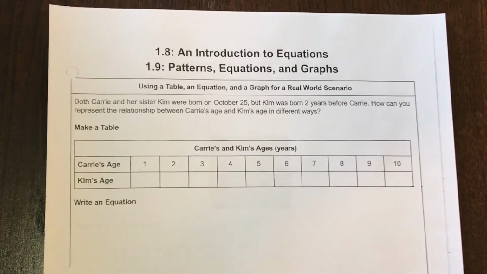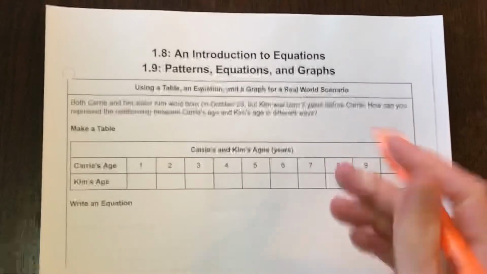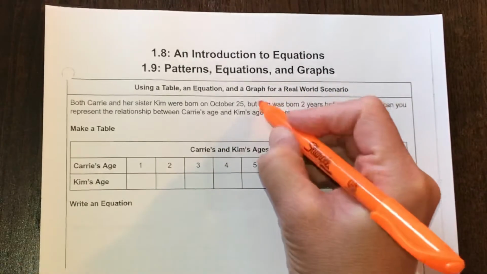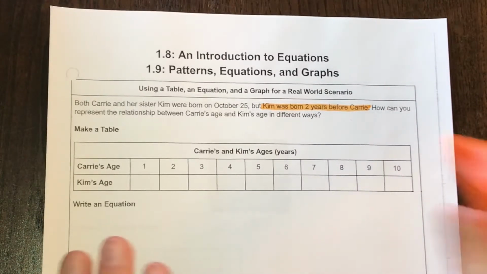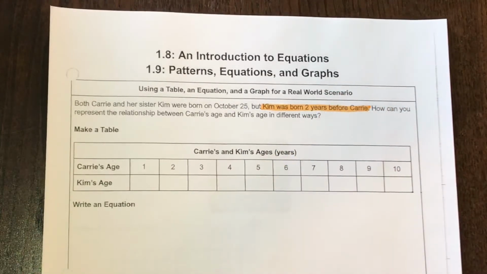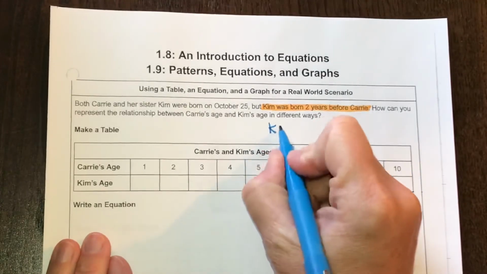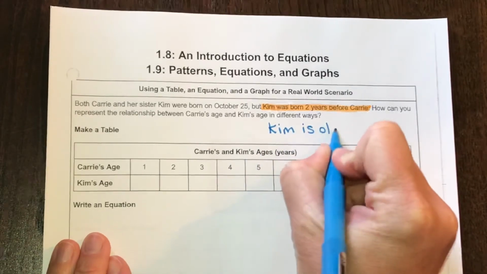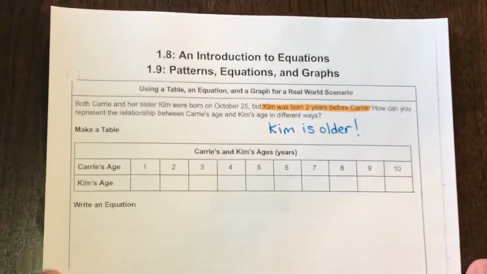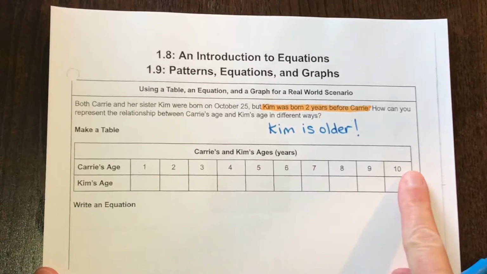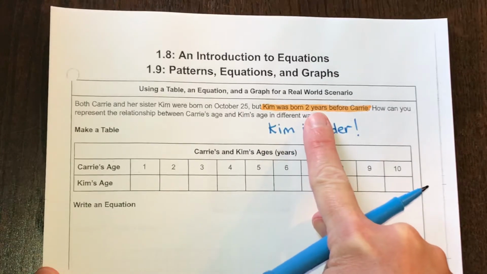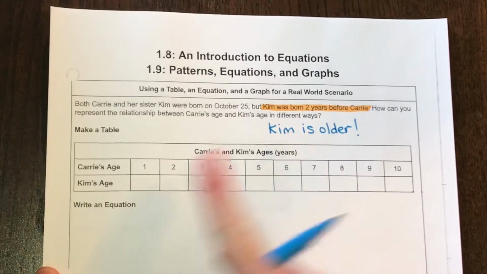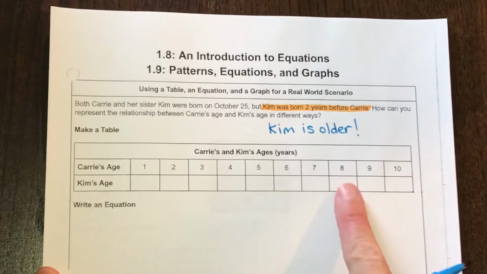So let's talk about what we learned in this real-world scenario. Kim was born 2 years before Carrie. What does that mean? What could you say that it means to say Kim was born before? Doesn't that mean that Kim is older? So now as I'm looking at these ages, and I know that Kim was born 2 years before her sister, and I know Kim is older, for each of these boxes that I need to fill in